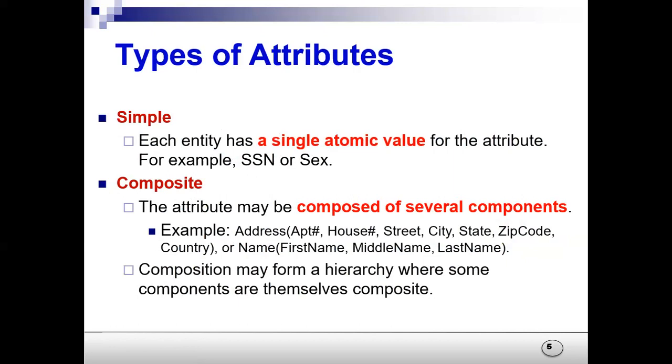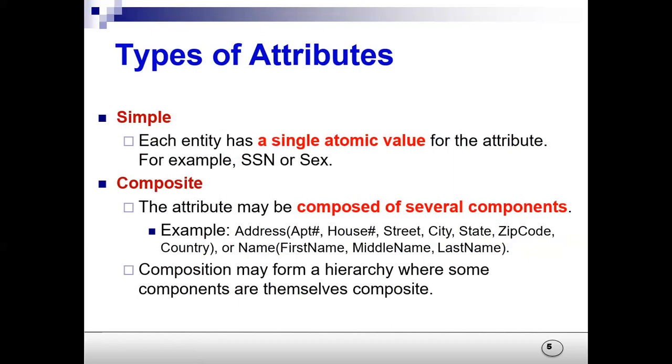Now, what do you mean by composite? We have seen simple versus composite. Composite means that the attribute can be divided into various parts. For example, your name may comprise a first name and last name. Similarly, your address can also be broken down into apartment number, city, state, and zip code. So these are examples of the address. That is why it is known as a composite attribute. Are you clear? Composite.